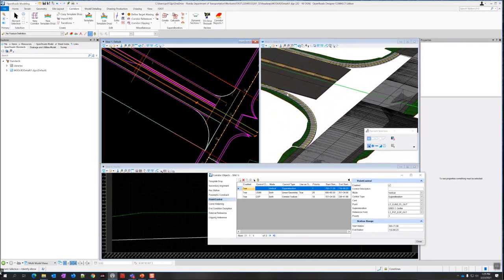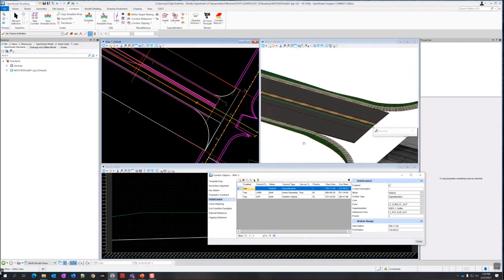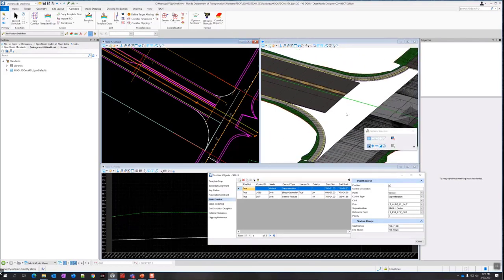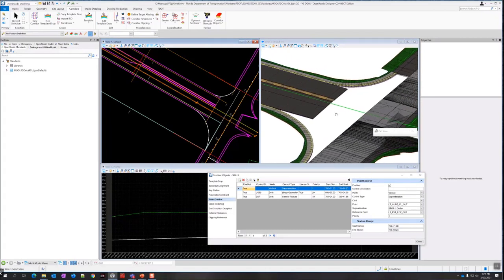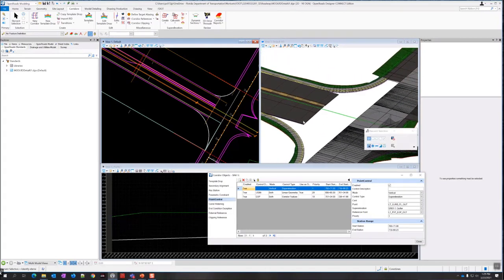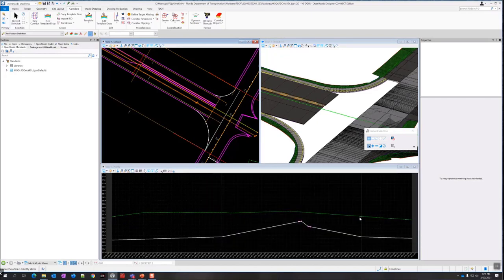Main thing is you should have wrapped around the radius now, and if you didn't redo or make any replacements of files, you shouldn't have had to replace the corridor like I did. But it's not the end of the world if it happened. That's how you would need to resolve it. All right, so I can close this corridor objects. I'm done with that. I'm going to save my settings here.